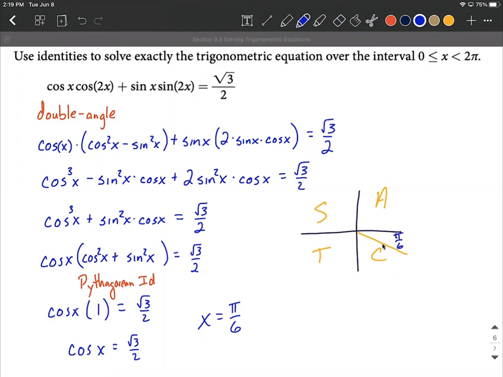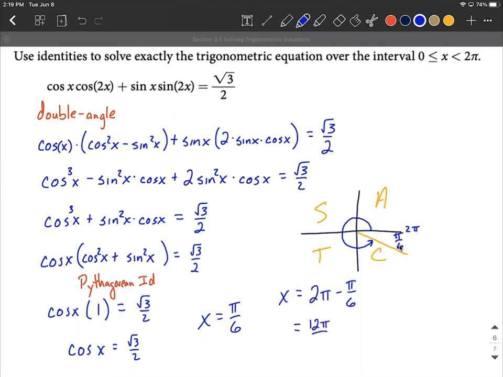And we want to calculate what angle wraps all the way around into the fourth quadrant that's going to have pi over 6 as a reference angle. And those are always drawn to the x-axis. Hopefully we recall. Well, to do that calculation, we know all the way around is going to be 2 pi. But we want to back up and not go all the way around. We want to go pi over 6 short of that. So our other angle can be computed as 2 pi minus pi over 6,